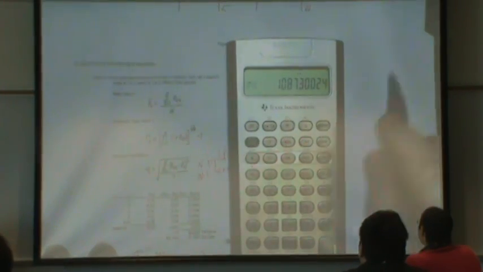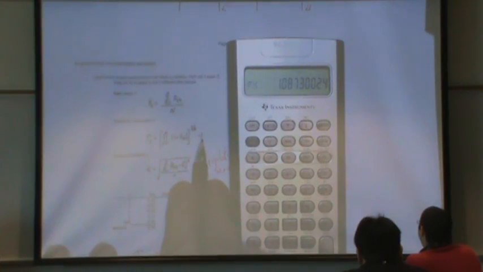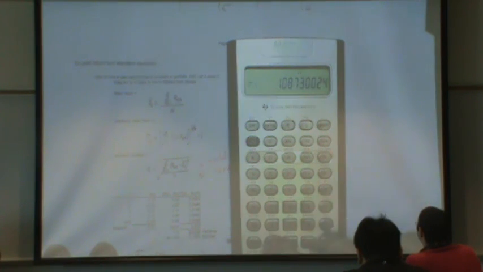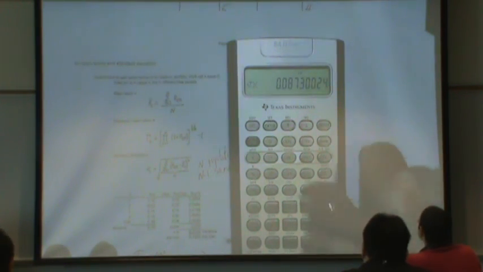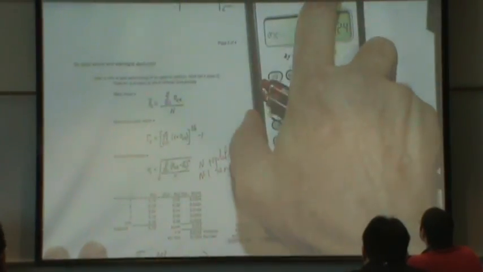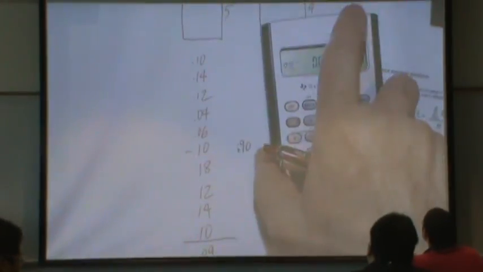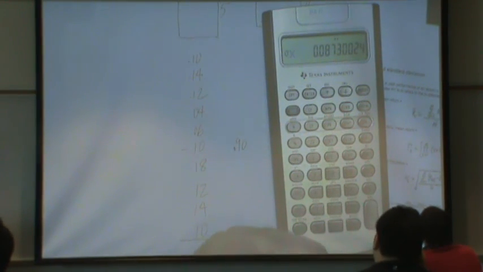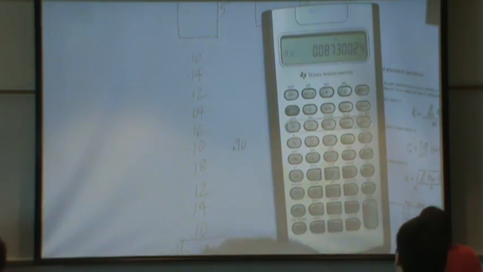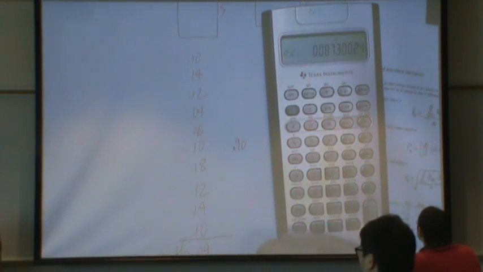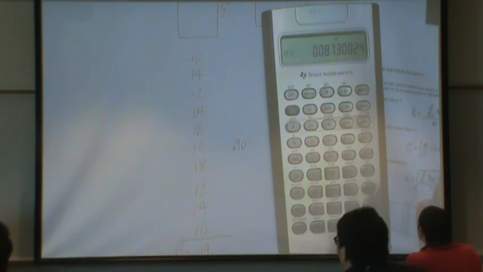Then what does it say to do? It says subtract 1. So minus 1, equals, and I get 0.0873. Before, I had 0.09. That was the arithmetic mean. The geometric mean is 0.0873. The geometric mean will always be less than or equal